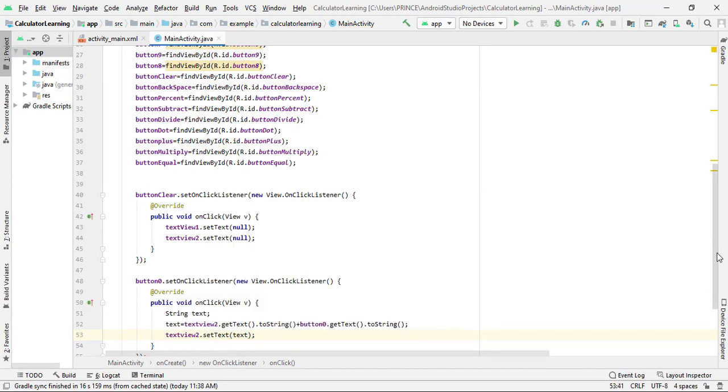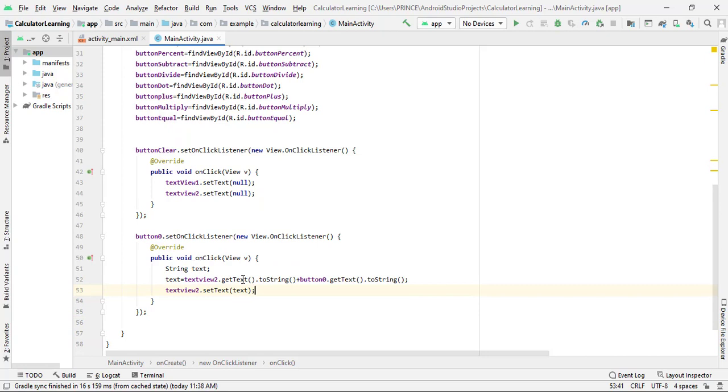Now understand the logic of what I am doing in this code. Let us suppose the text view already contains something, like 12. If I press on 3, then I want to change the text view from 12 to 123. So I simply get the text from our text view, and whenever the user presses any button, we get the text of that button. If I press the 0 button, then I get the text of the 0 button, and then we combine the button 0 text with the older string, and then display the new string on our text view. So hopefully you understand the logic behind this.